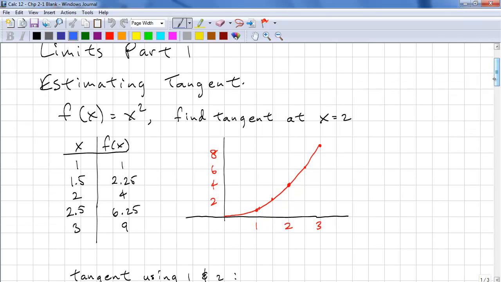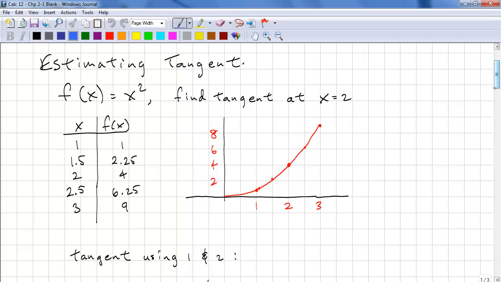We have f of x is equal to x squared, and let's estimate the tangent at x equals 2. We can do this with a table of values. So we have a table of values of 1, 1.5, 2, 2.5, and 3. We can estimate tangent with rise over run,